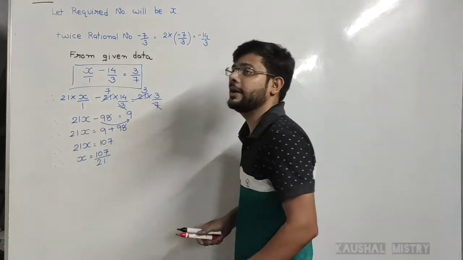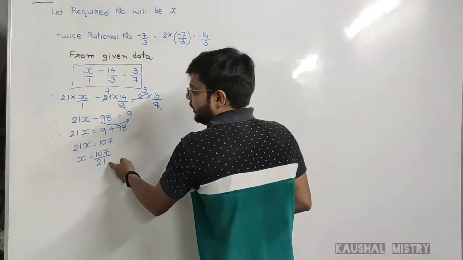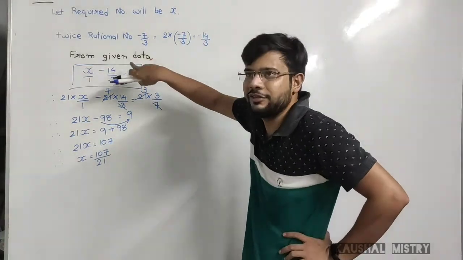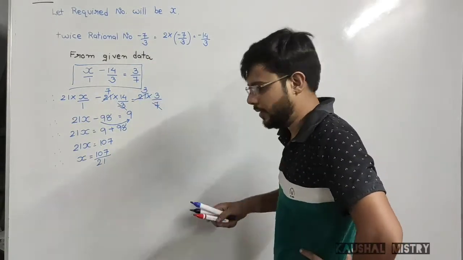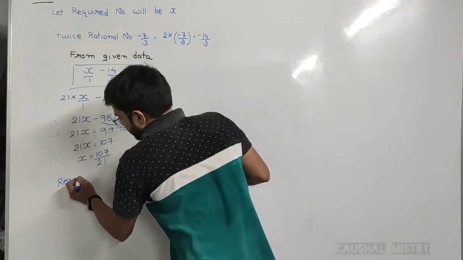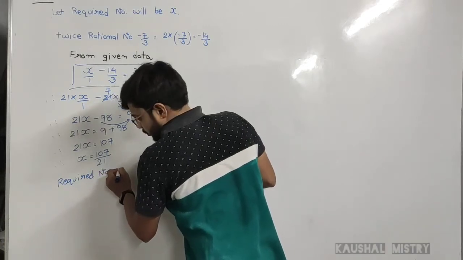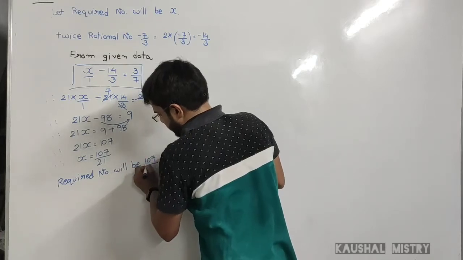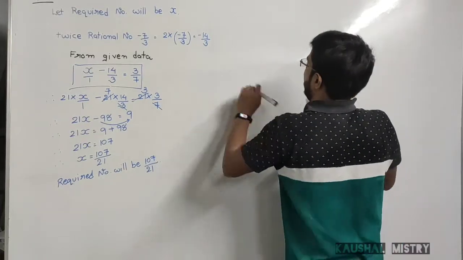That means what should be added? That means 107 by 21 should be added to the twice the rational number of minus 7 by 3. Then we get 3 by 7. So required number will be 107 by 21. Right? Now we will solve exercise 2.2